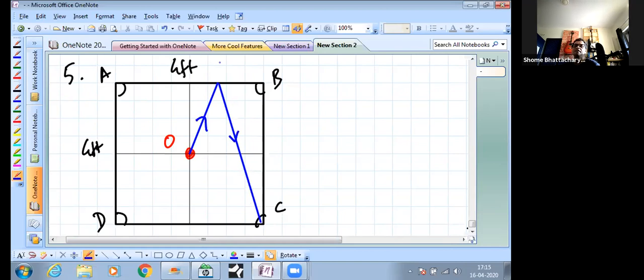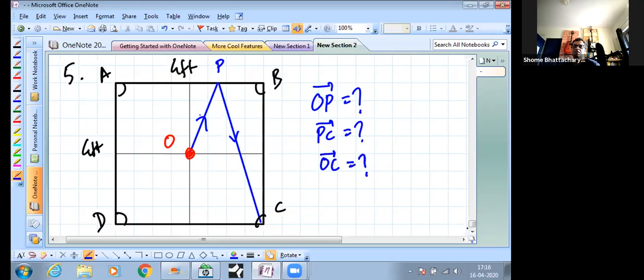So let's say the point at which we make it rebound, that we are labeling as the point P over here. Okay. So we want to find these displacements. We want to find the displacement from O to P. Now, we want to find the displacement from P to C. And we also want to find the final net displacement, which is this line over here. So I'm not drawing it so that I don't confuse the diagram, but the line from O to C, this particular line, this one. So I also want to find this particular displacement, the final displacement. And in fact, that's very easy because you can see that is just half the diagonal of the square. So that's not too difficult.